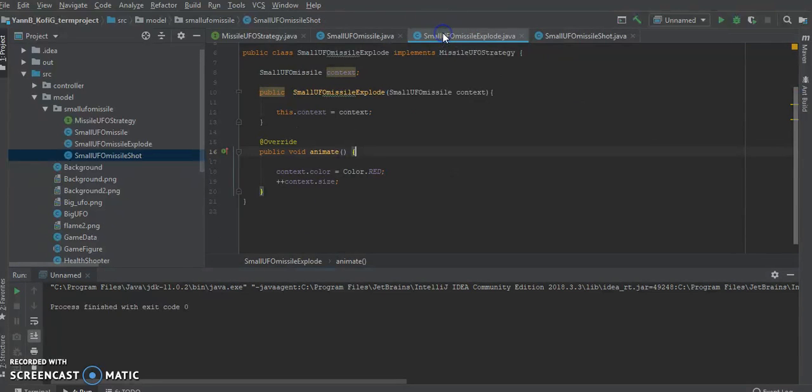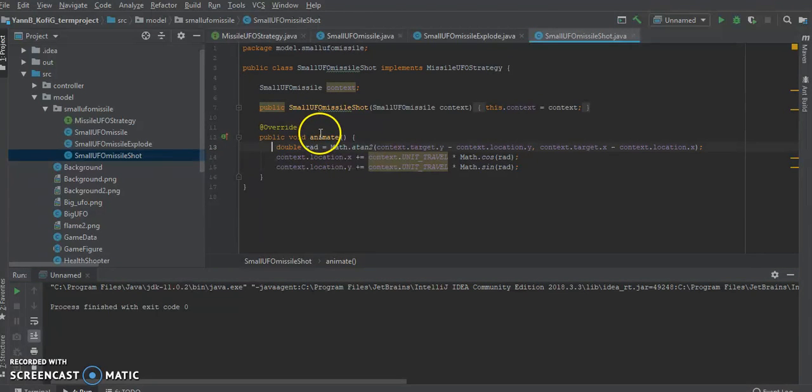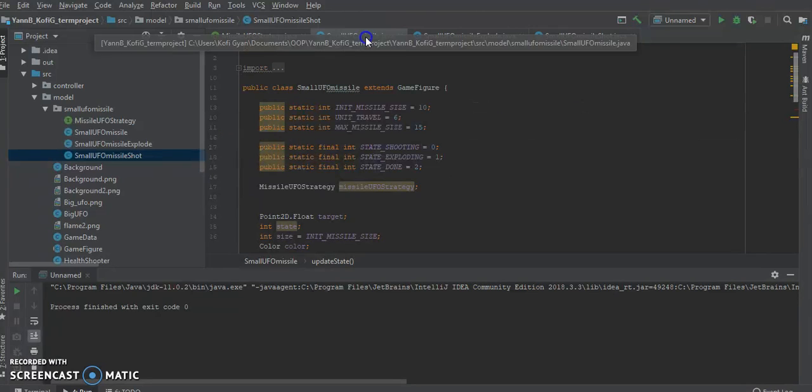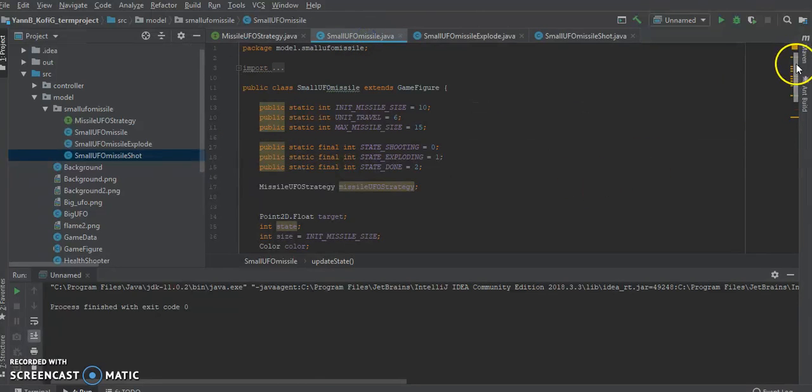This concrete class, small UFO missile explode, implements the interface. Here we're using the animate method to handle explosion effects, as you can see. And in here, we're using the animate method to get the target so we can travel to the shooter location and explode. So if you look in the context class,